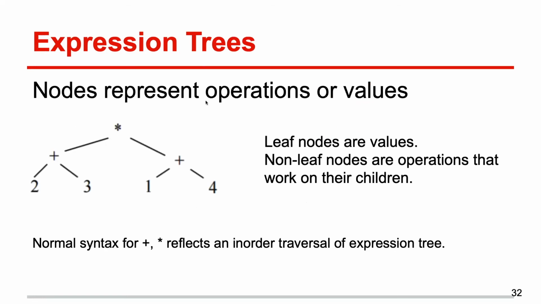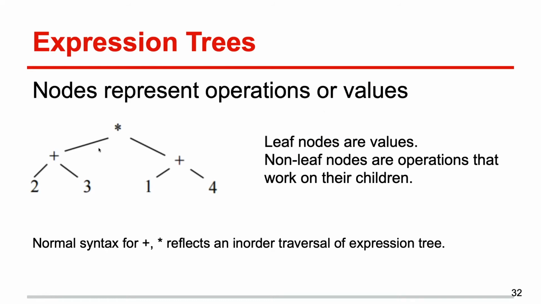Expression trees. Here, your entire tree basically represents your expression, right? And then nodes will represent operations or values. Your leaves will be your values, whereas other nodes will be operations on these values. And you can see that an in-order traversal of an expression tree is basically how we naturally write